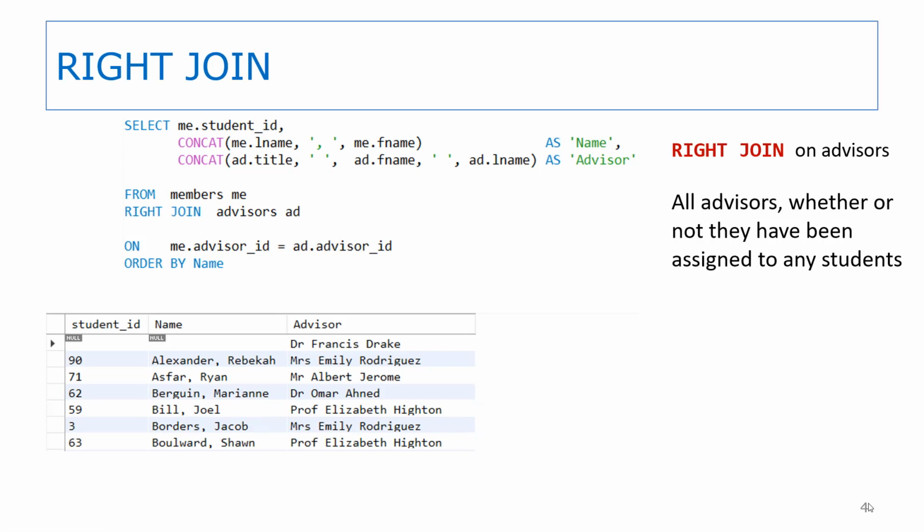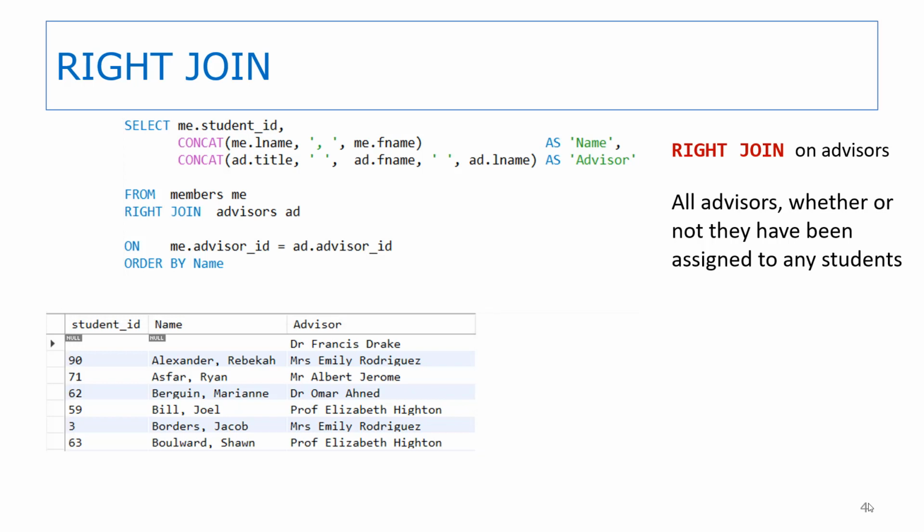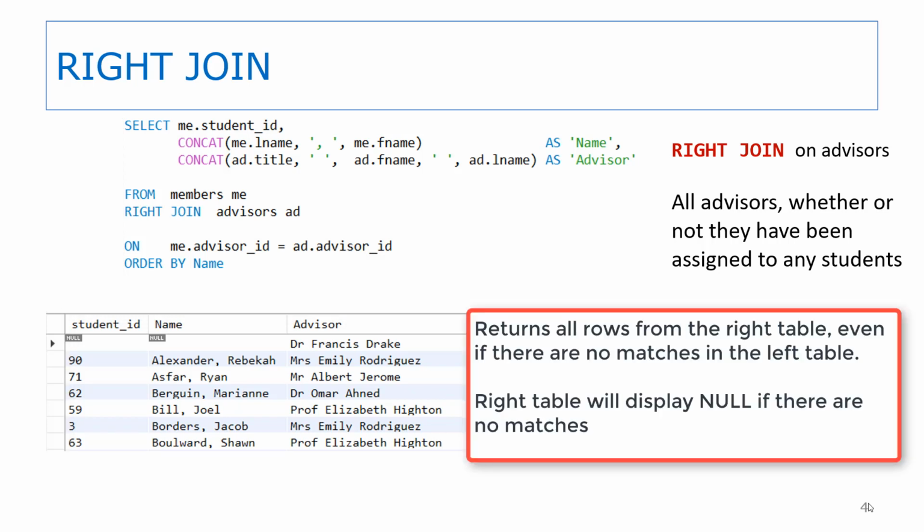Now we have a completely different type of join. The join is specified as a right join. You can see the results starting at the first row of the result grid. We see that Dr. Drake has not been assigned as the advisor for any students. So the right join takes all of the data in the right table, which in this select is the advisors table. It lists all of the data in the advisors table, whether or not there is a match with data